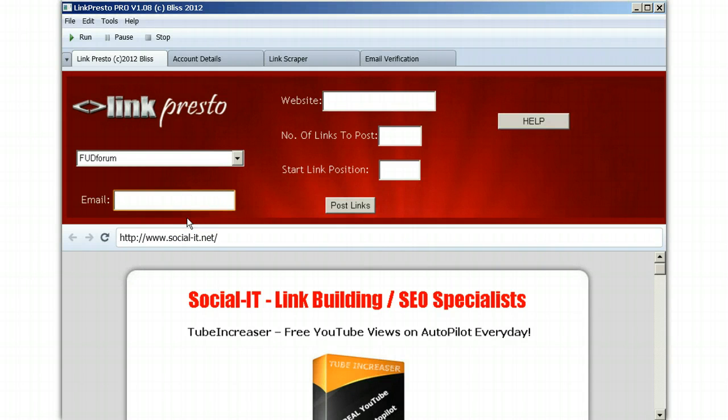Today I'd just like to give you a quick demonstration on how to use LinkPresto Pro. It's quite simple to use. First of all, when you first load up LinkPresto and you've entered your username, email and your unlock code, which it'll only ask you for the first time it loads per new machine, the first thing to do after that